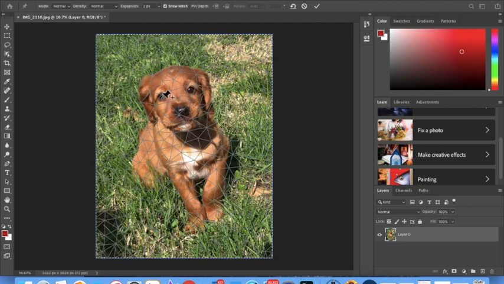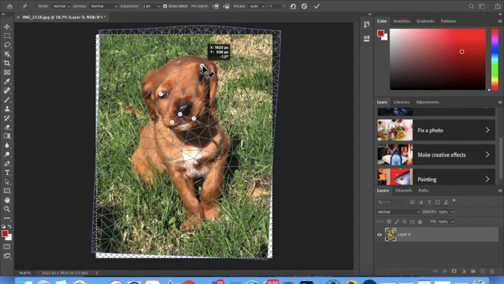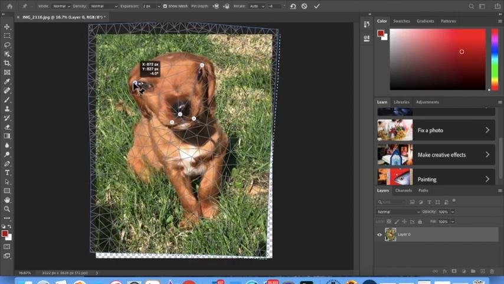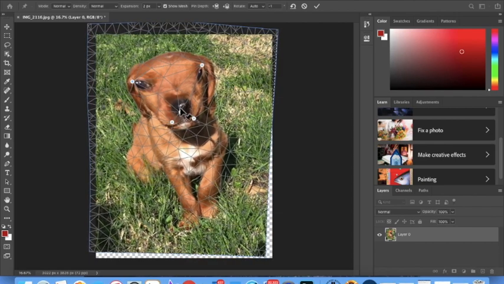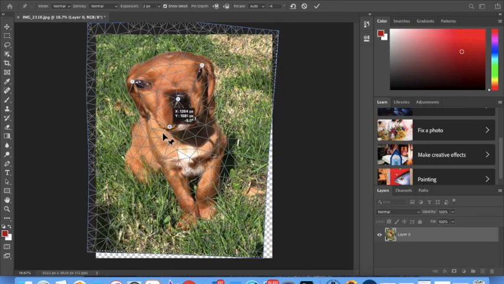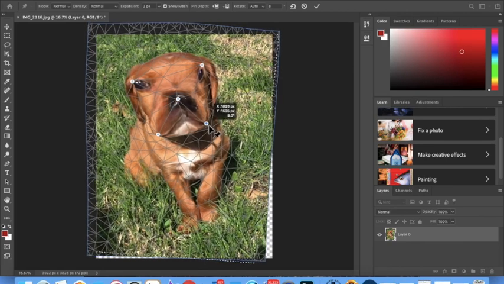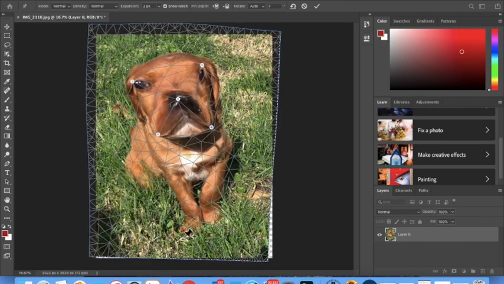So I'm going to click on some points that I want to warp it from, like maybe the eyes, and maybe the nose, maybe both sides of the mouth. And then once you've clicked them and selected them, you can take them and press and drag the points. Okay, so I'm just clicking on it and dragging it. So this allows you to warp it in a way that is just a little bit creative,